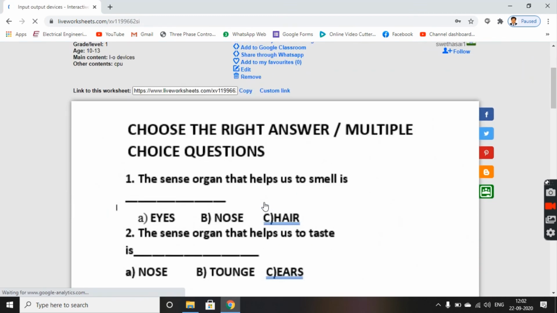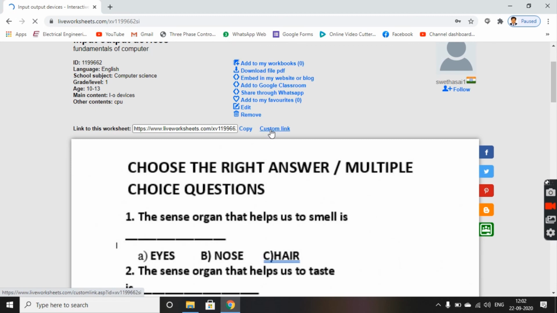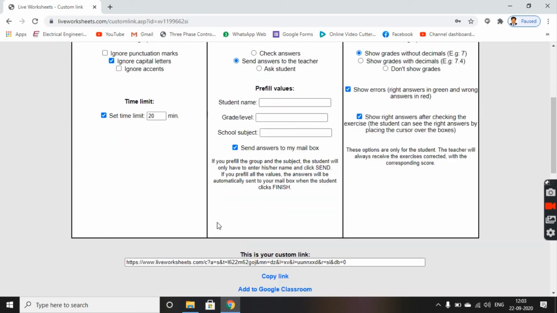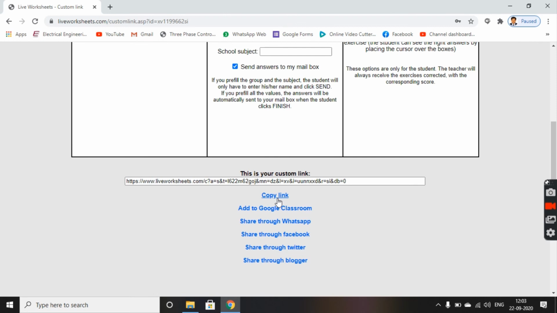So this is my worksheet, and you have a custom link here. Choose custom link, and then you can set time limit here up to 15 minutes or 20 minutes according to the examination, according to the question paper, and then copy this link and share it in the WhatsApp group or in the Google form.